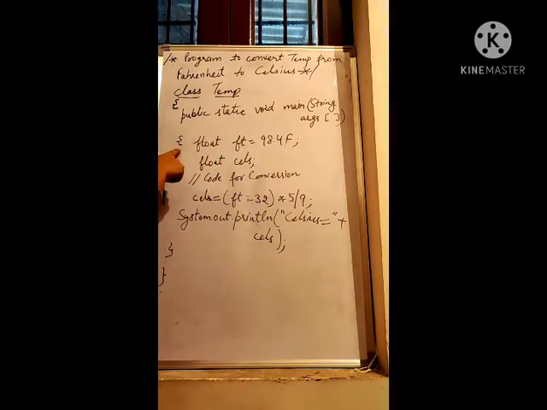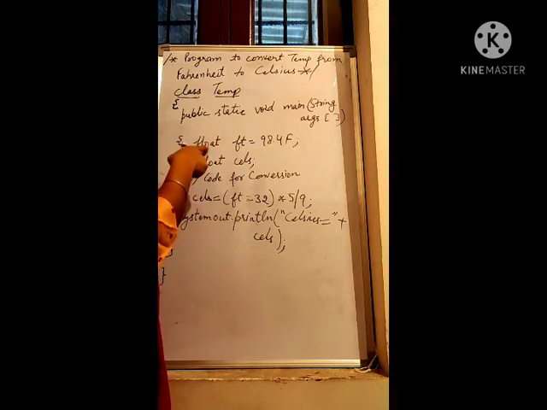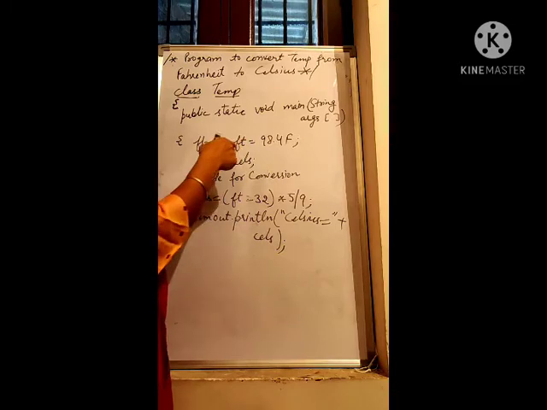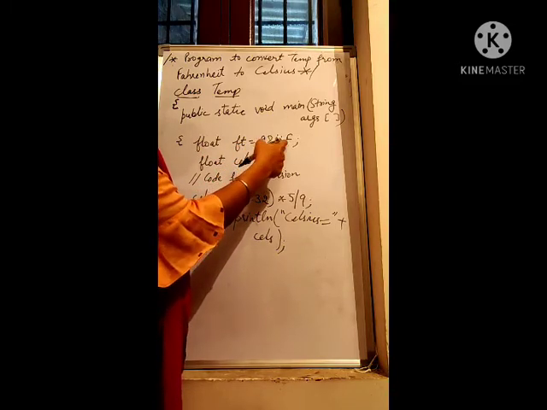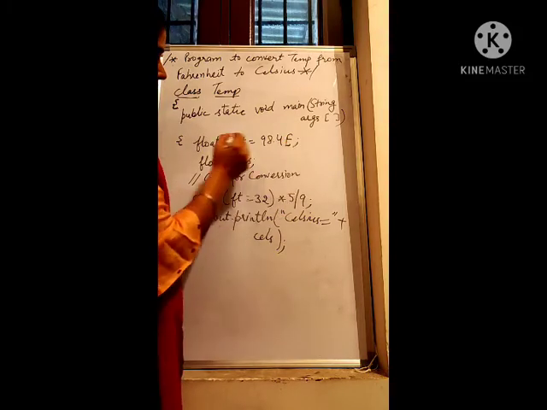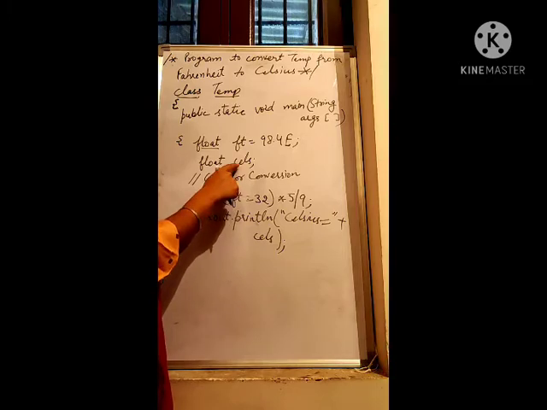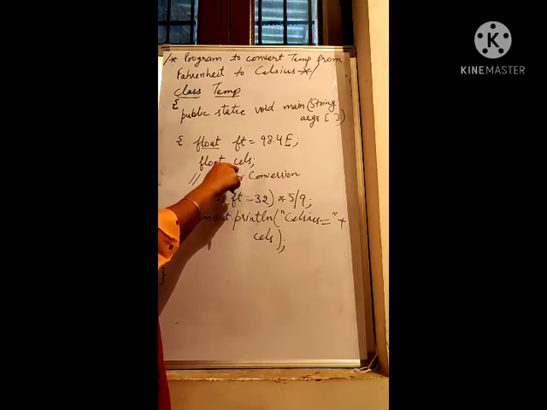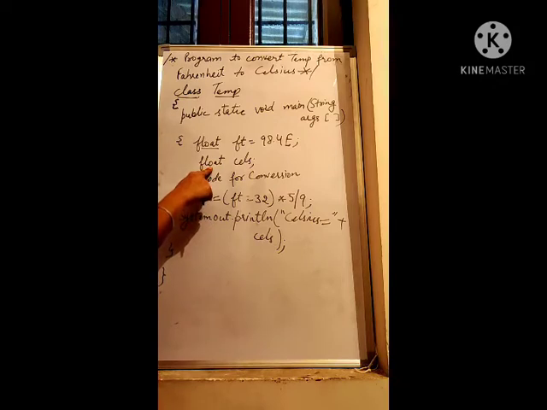In the main method I am declaring the first variable, that is ft of float type, so that we can store the Fahrenheit value of temperature in it. I am giving the value 98.4. Why am I writing f here? Because it is of float type. I am taking another variable, that is cels, for Celsius. After conversion, this variable stores the value of the temperature in Celsius form. So it is also of float type.